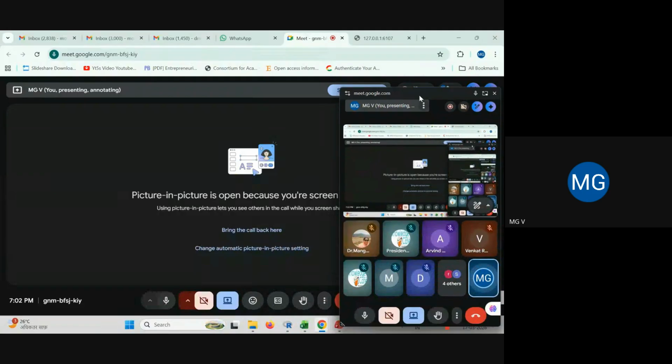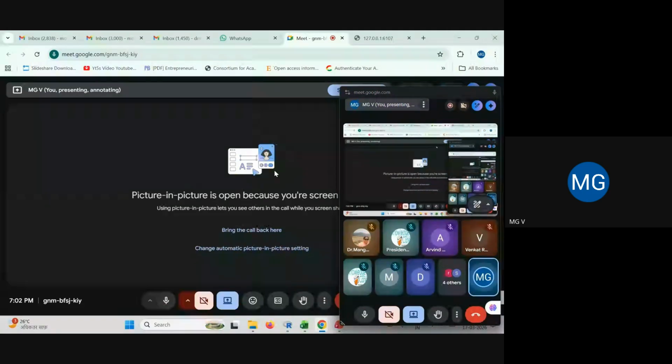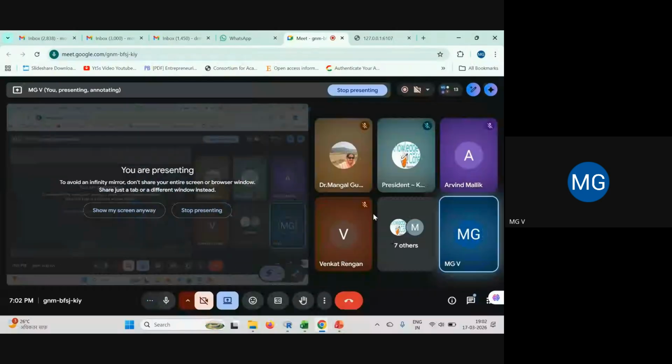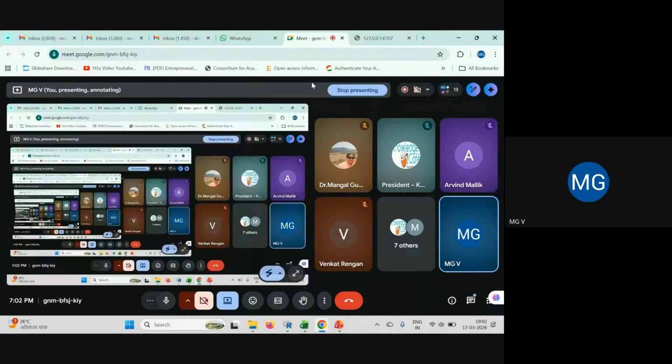Now please see. What we can do here is, I think I need to close this option. So what we can discuss here, just a moment. What's being reflected here?